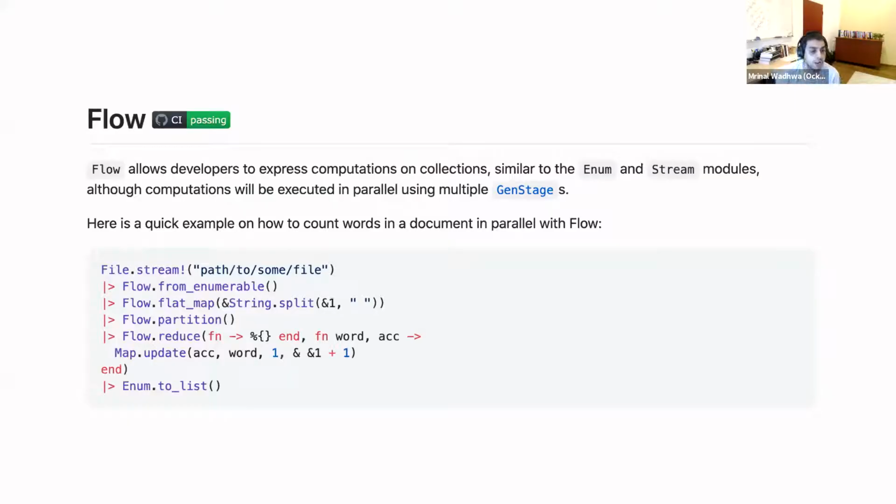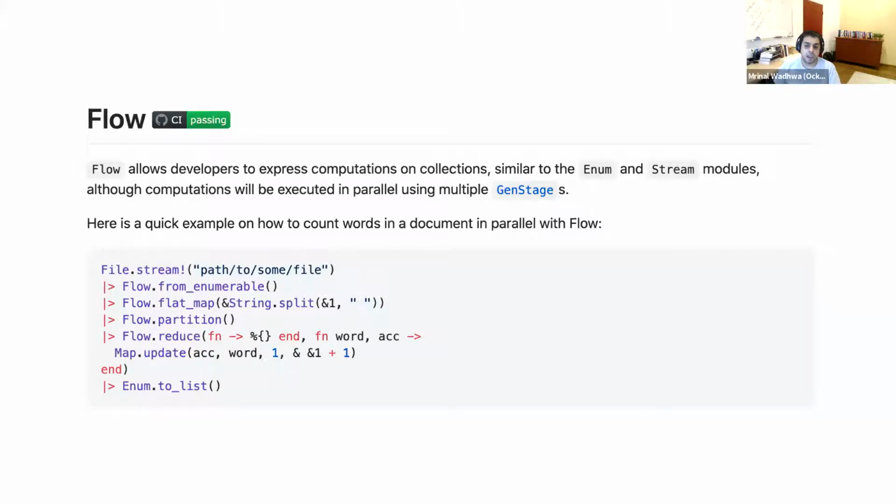Another one I like from the Elixir community is the flow library, right? So the flow library can allow you to express computations on collections similar to enum and stream, but these computations are happening in parallel, right? And think about the complexity in that. To do computation in multiple processes, but only expose this very simple interface to you is very hard. But by doing this, we make it really easy for our users. More importantly, we expose only minimal detail about the complexity that is hidden in the flow module to the user. So we're free to change details of the flow module as long as we can keep this interface consistent, and